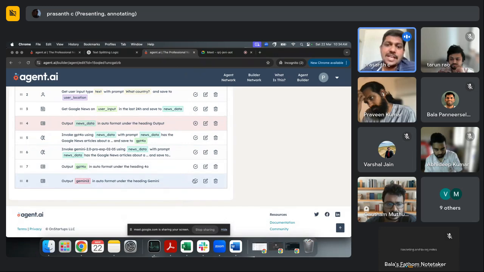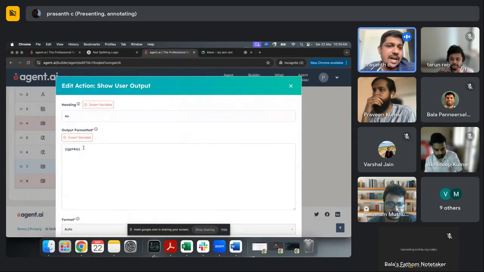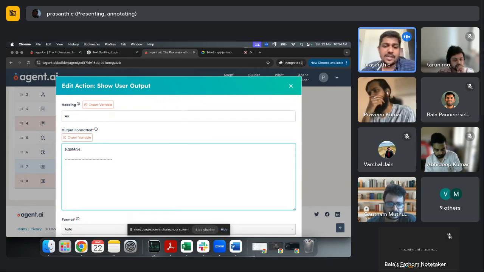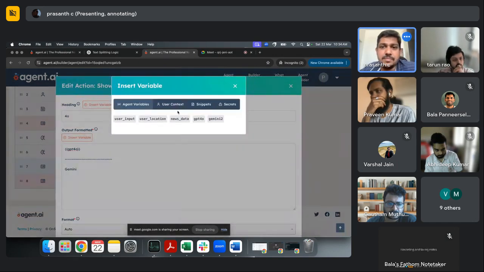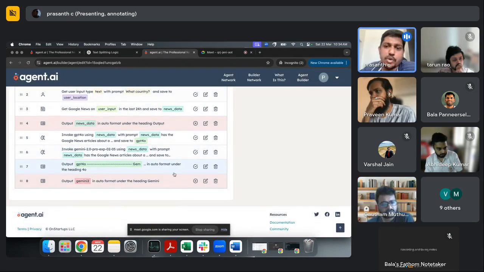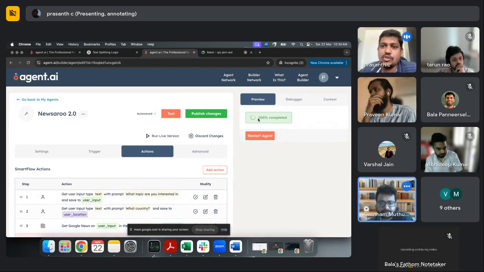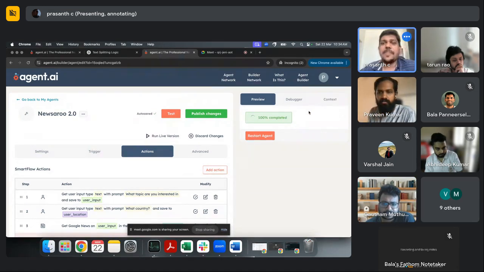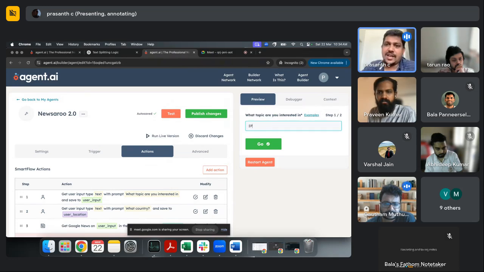So let's try to give both of these in the same place, right? I've given it as two outputs. I can go back here and say that this is GPT-4o. Then I'm just going to do it here, and say I'm also going to print Gemini. And I'll insert the Gemini variable. So if you do this, both of them are going to come in the same output. Let's quickly do this too. So that's possible. Right. So if I say IPL again,